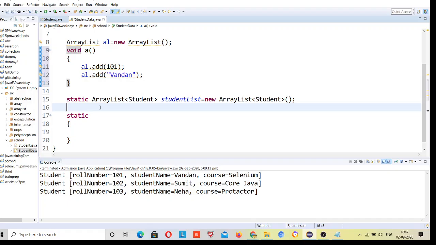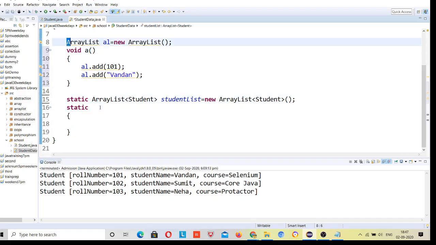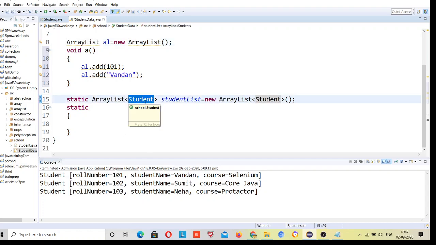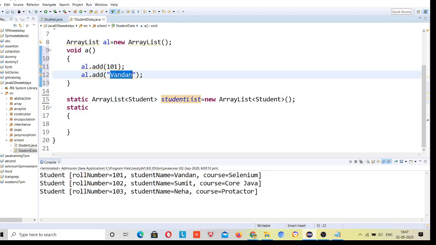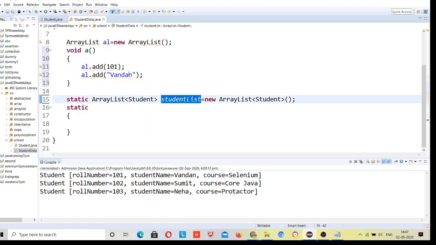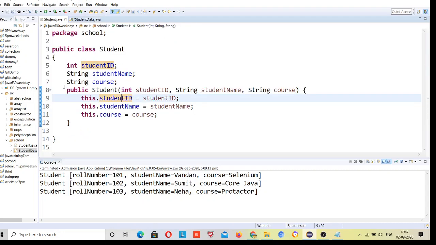Similarly, see, this is the simple array list, and you can add anything to it, and this is the typed array list in which you have passed a class type. You have passed the Student type, so you can add Student type of data. This is the reference variable of the array list, and here you have to add class type of data, not this integer and this. These are primitive types, but here you have to add objects in this array list. Why am I saying object? Because we need to add this object, the Student class object, right?